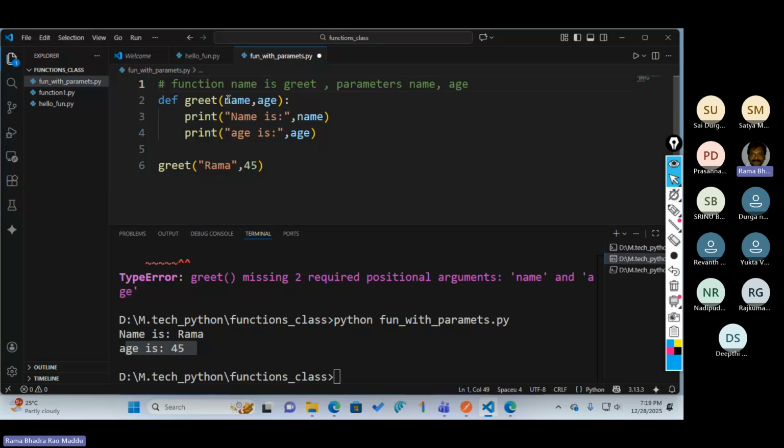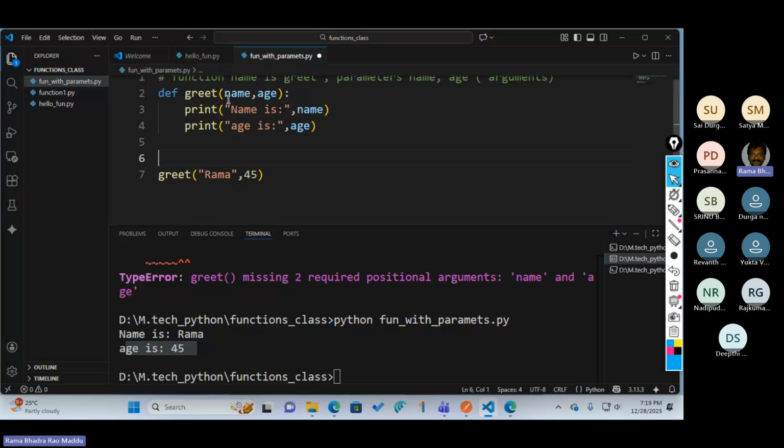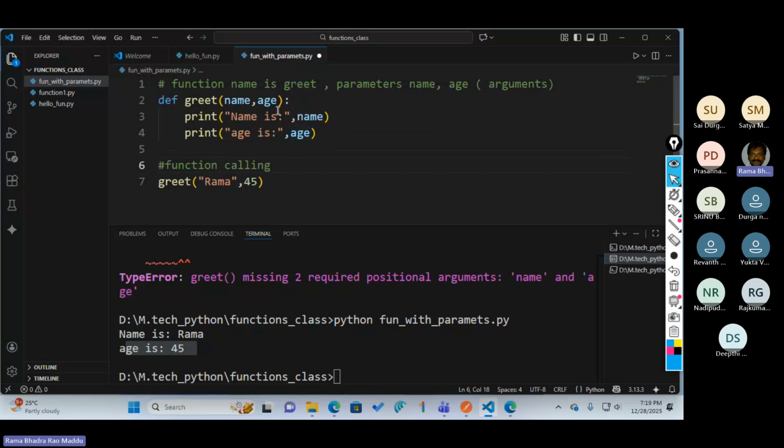Those are the arguments. So it is the function definition and it is the function calling. So this is about the function with parameters.